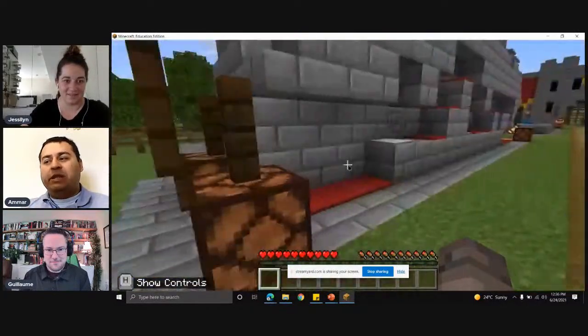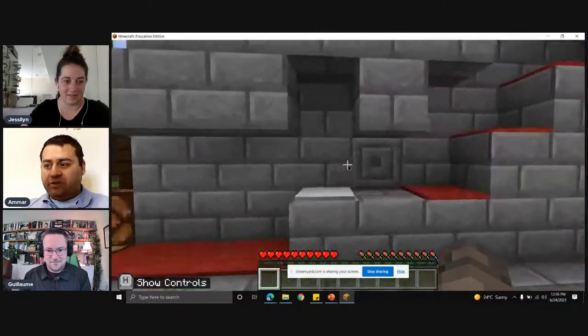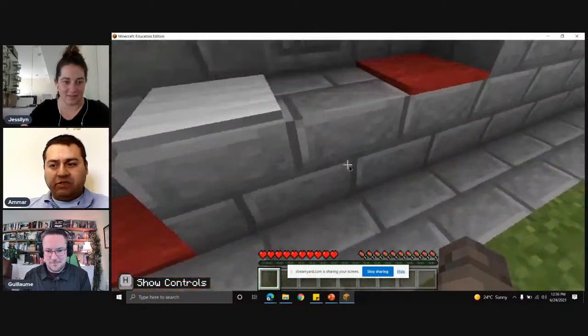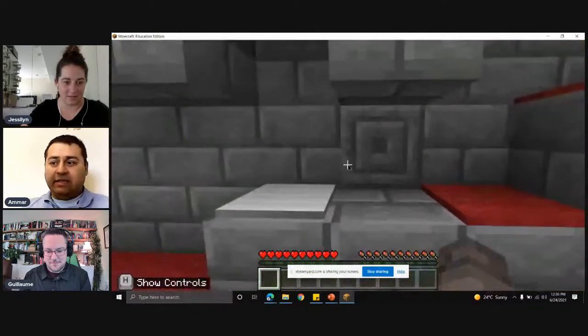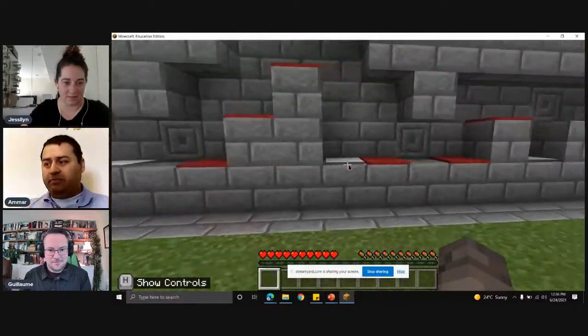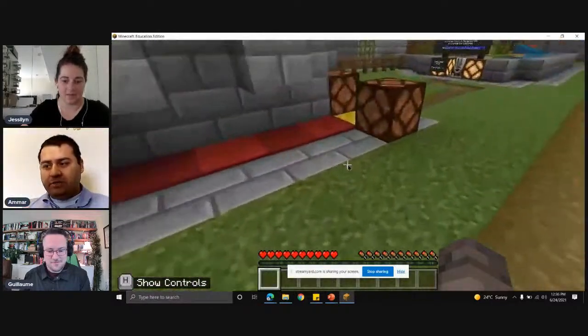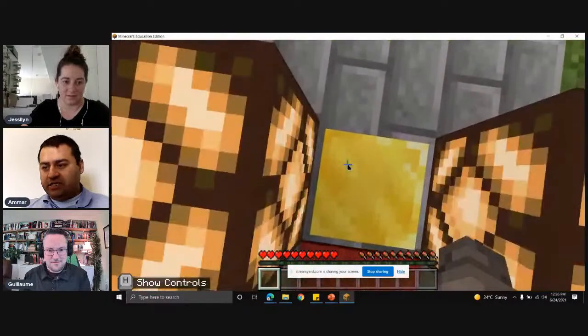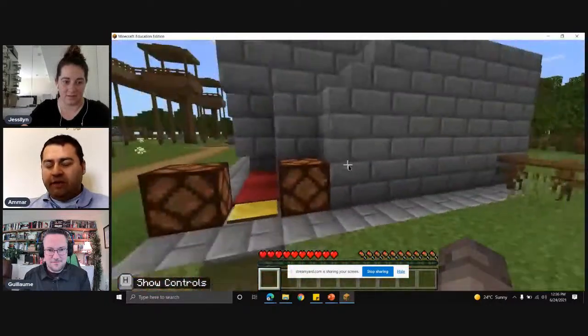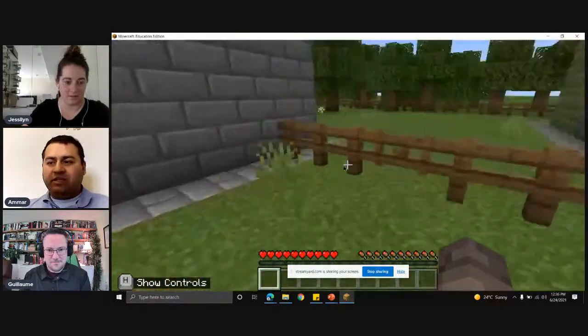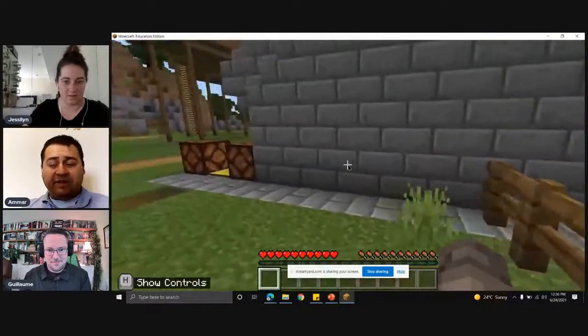This was a really complicated contraption. I don't know if you realize sticky pistons were being used. When you step on this pressure plate, it sucked in that block, it pulled it in. You'll notice when you step on those pressure plates, the lights go on. If you're curious how that works, you can actually jump behind this building.